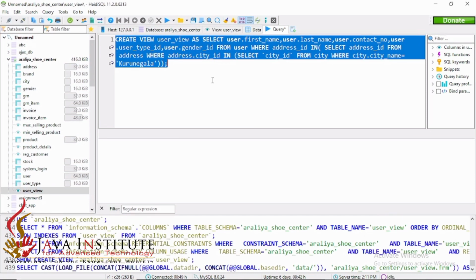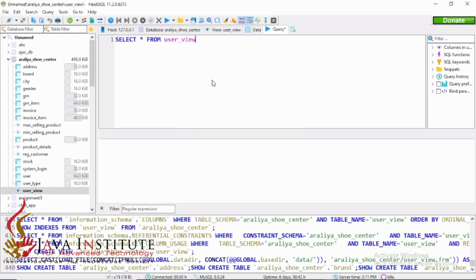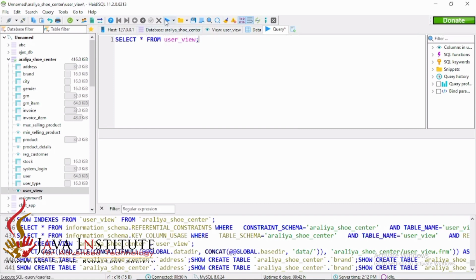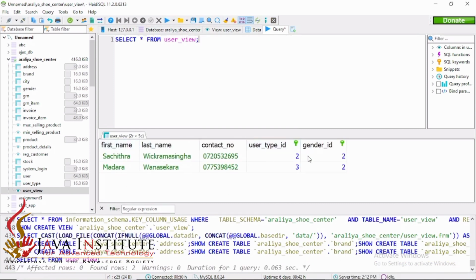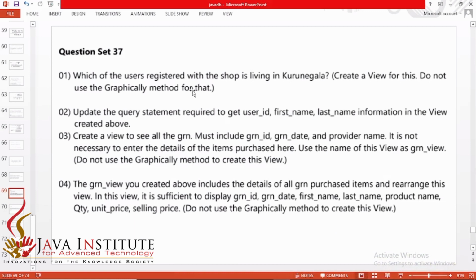Let's check whether it has been created properly or not. So we have to execute this query, select all from user view. Then after that we have to execute this. You can see all the details coming to this area. That means the first question has been answered by us in a regular manner.